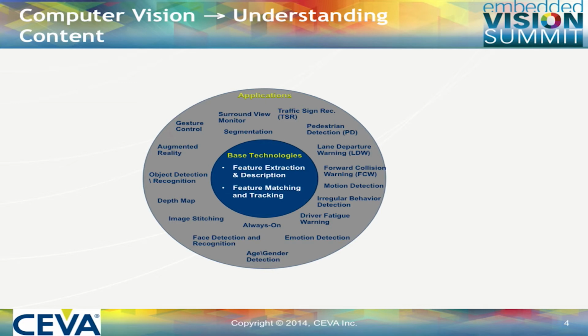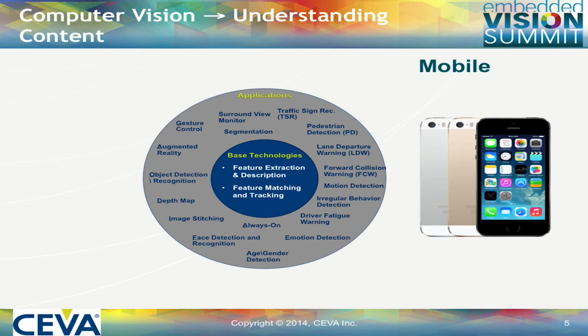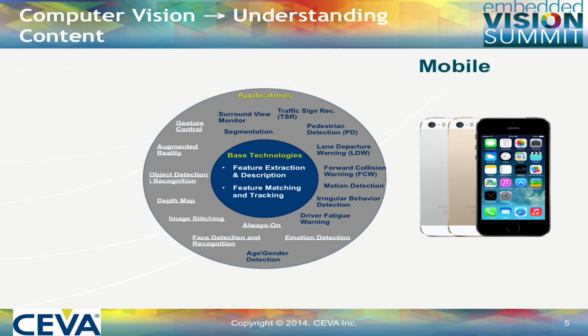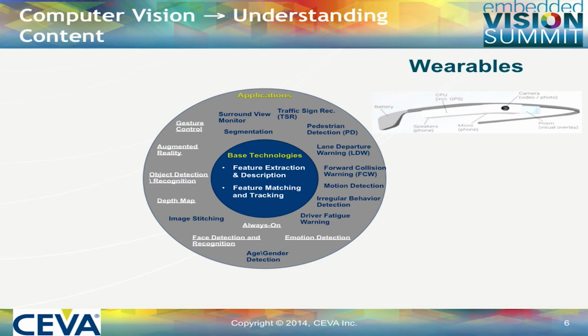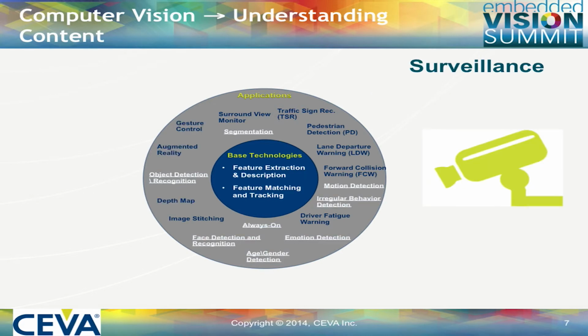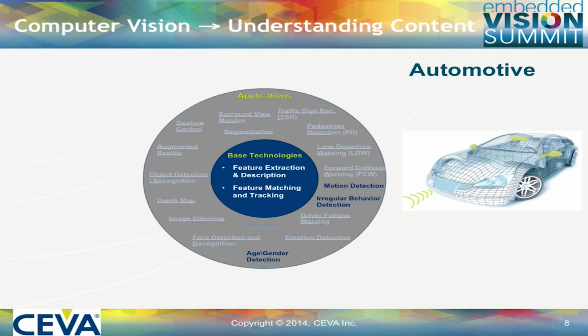Stuff like gesture control, augmented reality, depth map, driver fatigue. And we see that these applications and more are helping different kinds of markets, like mobile, wearable devices, that's pretty new, surveillance, and I think the very exciting automotive market, which is defining the computer vision